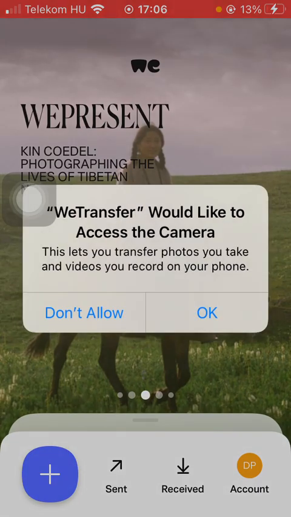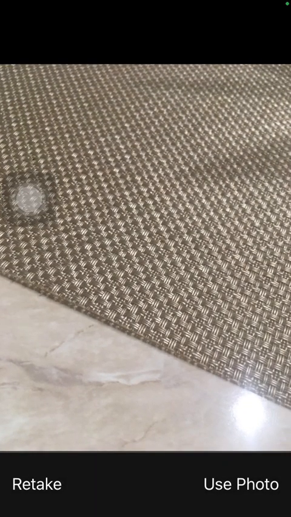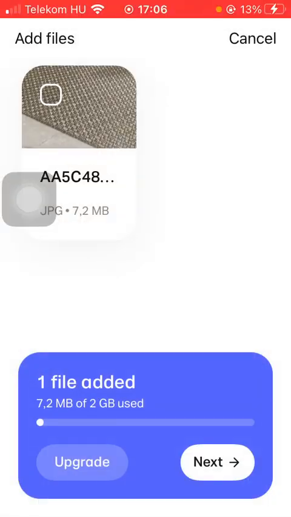If you tap on the camera button, you should allow the app to have access to your camera. Then take a picture with your phone. Click on use photo down below in the right side corner of the screen. As you can see, the file is being uploaded, so you should wait a few seconds and tap on the